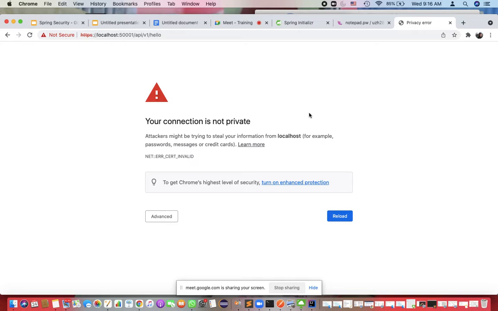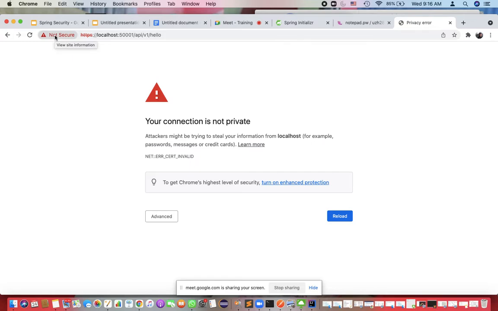ठीक है. सो अभी मैंने क्या किया, मैंने क्रोम में I was trying to access the same location, and Chrome is saying it is not secured, your connection is not private. That means Chrome. There are two types, based on the security setting of your browser. Someone will give you a certificate, and before giving you access, it will say that this is unauthorized. Now I'll show you the certificate. It got the certificate or not.